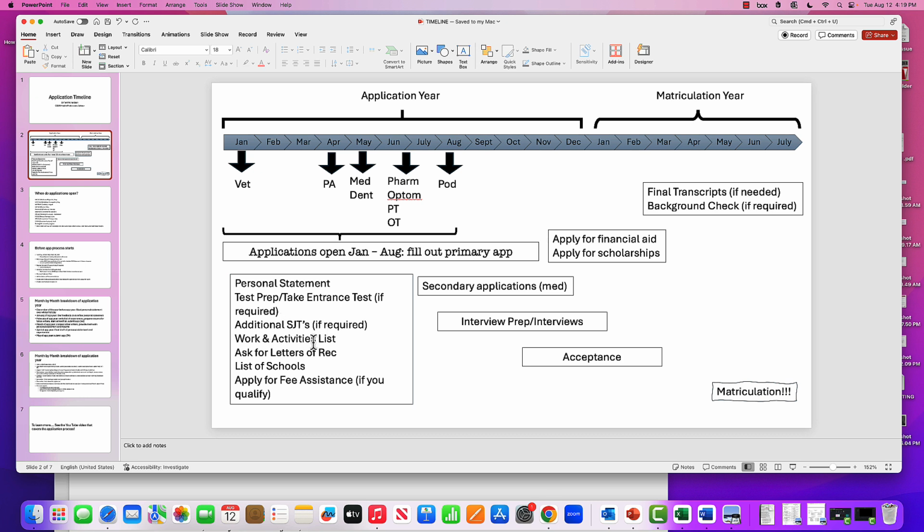A work and activities list. Everybody should, on a Word document, write up their work and activities, because on all of these applications, that's one of the portions of the application. You get to list all your work, your extracurriculars, and all of that. We have to deal with letters of recommendation, asking professors. We definitely have to have a list of schools that we're going to apply to,